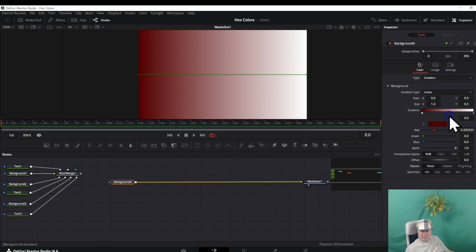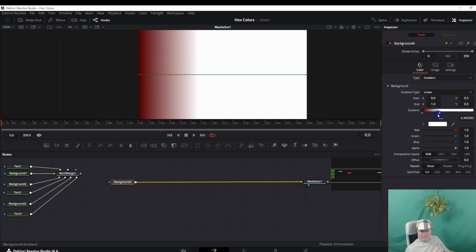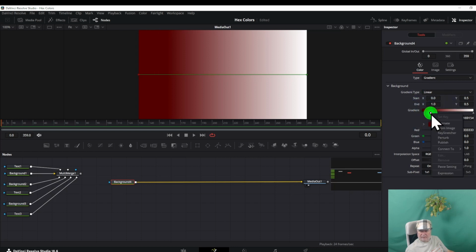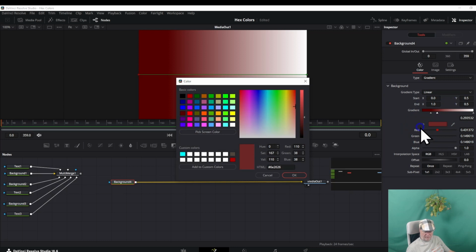And then we're going to bring this down. Actually, we're not going to bring that down. We're going to bring this over so that we can get it. And then I got to figure out how to add another color, because I know it can be done. I've accidentally done it. I think it might be as simple as clicking right there, and it was. So then we go into this one, and we're going to change this to